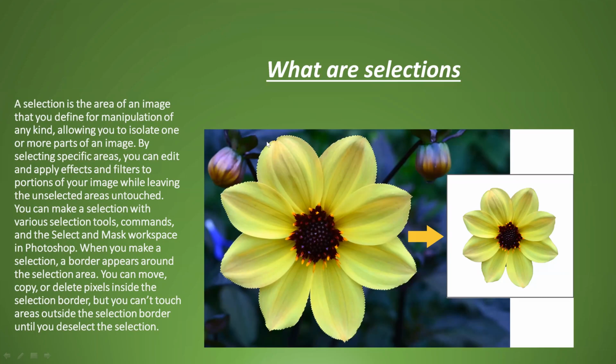The thing is that as long as the photo is selected, whatever adjustment you do affects only the area where it is selected. Whatever adjustment you want to do outside the selection will not happen as long as there is a selection. That is the funda of selection. Whatever adjustment you do will happen only inside the selection where the marching ants are appearing. If you want to do anything outside the selection, you have to deselect. Then you can adjust the outside area also.